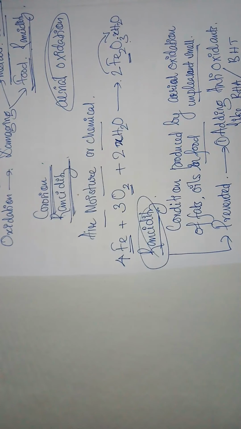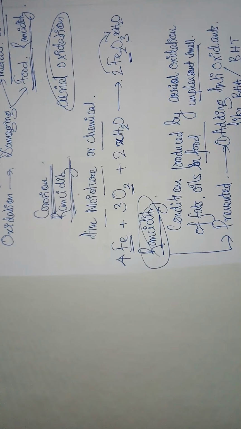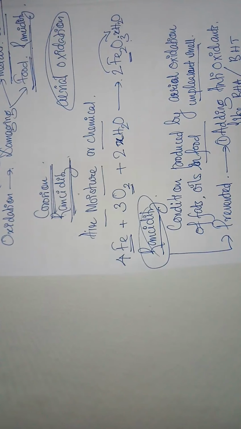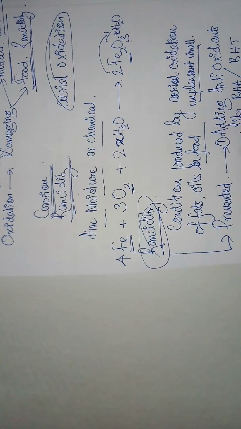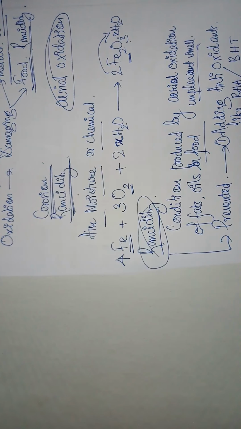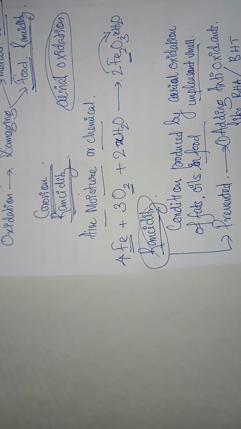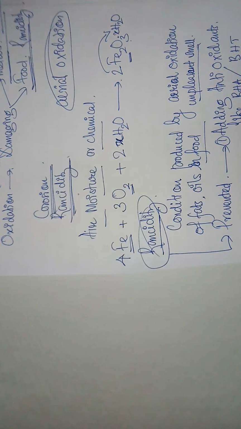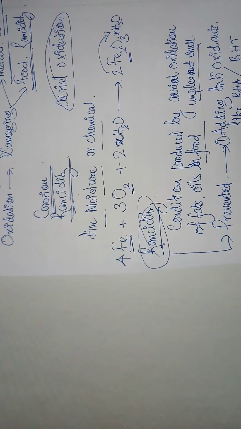And we have to know how it is prevented. It can be prevented by the methods which we are denoting now. First, we can prevent rancidity by adding antioxidants to food containing fats and oils. An antioxidant is a substance or a chemical which prevents oxidation. Antioxidants are actually reducing agents. When antioxidants are added to foods, then the fats and oils present in them do not get oxidized easily, and hence